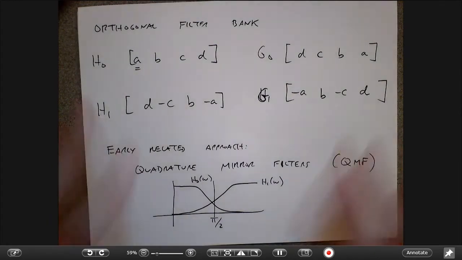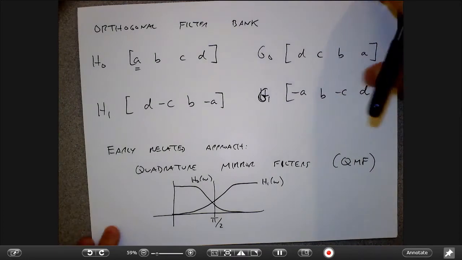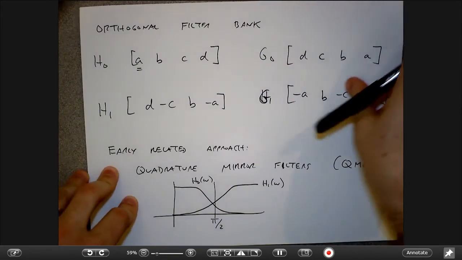Okay, so let me bring this back to what I started talking about in the very beginning, which is how this is related to wavelet transforms, right? So in practice, the big picture is, I design my half-band filter, I make some choices about how I factor that into these polynomials, those FIR filters, and then what I would do is